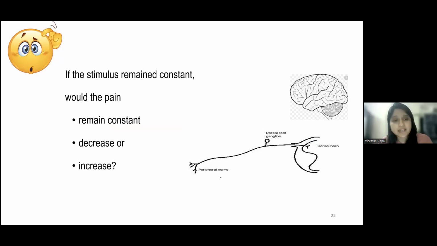What do you see in your cancer patients, even if the stimulus remains constant? Okay, actually, most of the time we see that the pain increases over time. So do you know why this happens? When the stimulus remains constant, even then the pain increases over time. This is because of